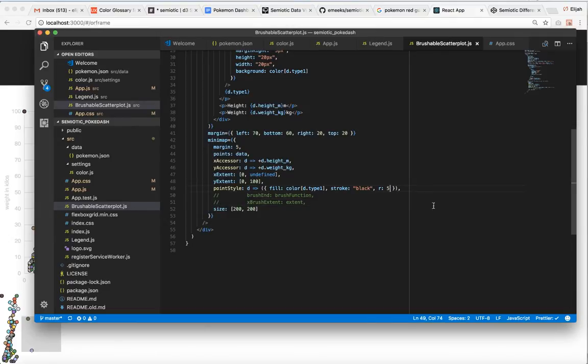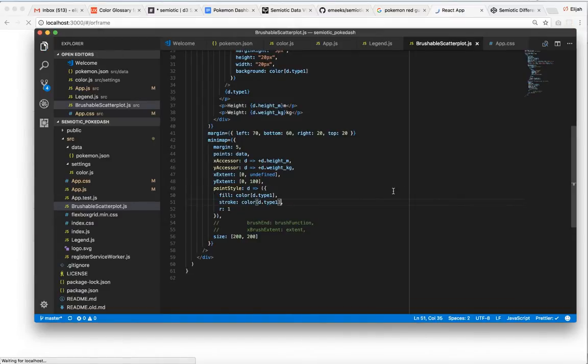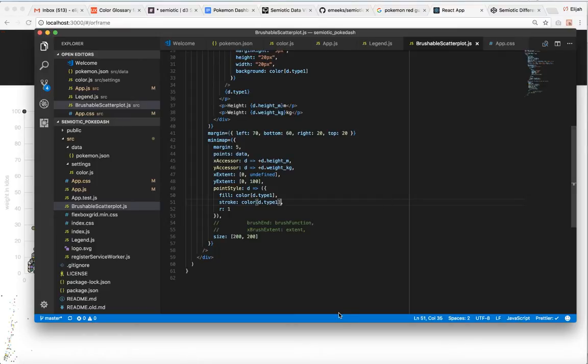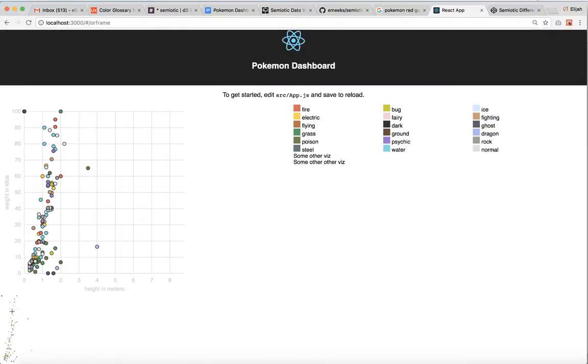For one thing, we don't want these to be rendered in the same kind of way. Let's see what that looks like. One seems kind of small, but maybe it's not if we fill and stroke with the same colors. Let's go see. Still kind of small, but